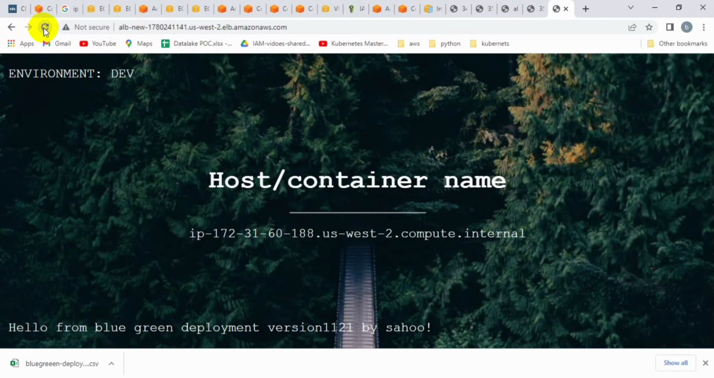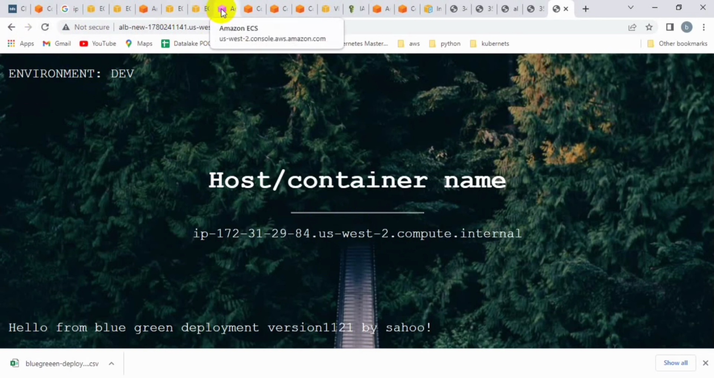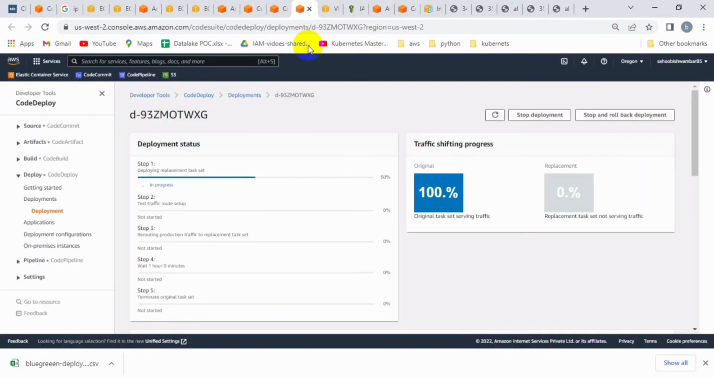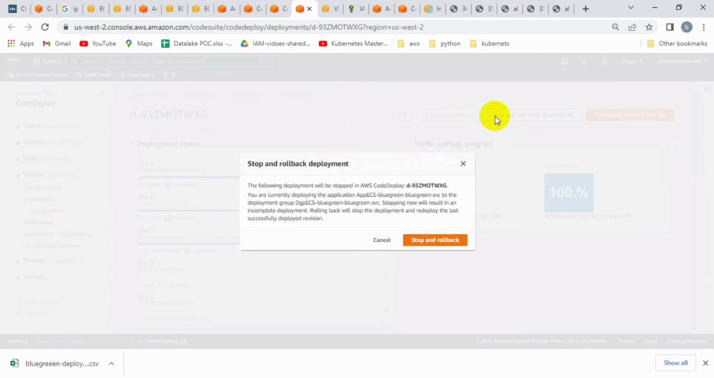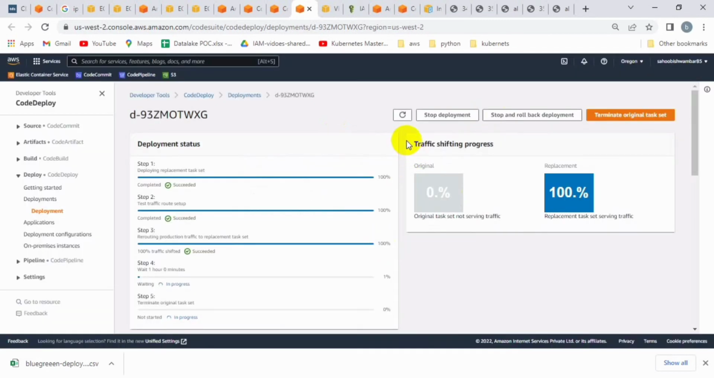Okay, so let's validate it first. I check that it's pointing to the new container and all containers are working fine. Okay, so let me go to the build stage again and refresh it. I see all the traffic has been successfully routed to the new containers, so I can terminate the